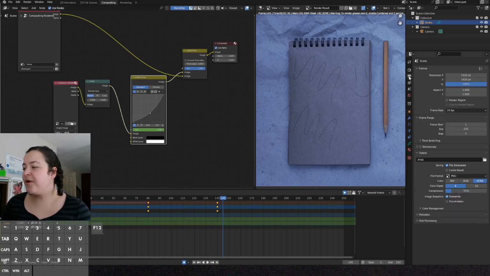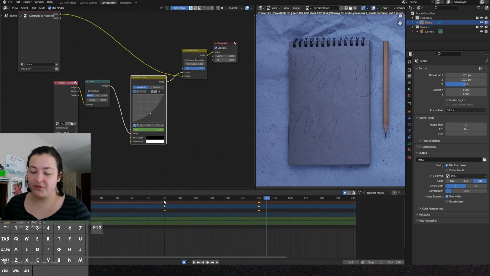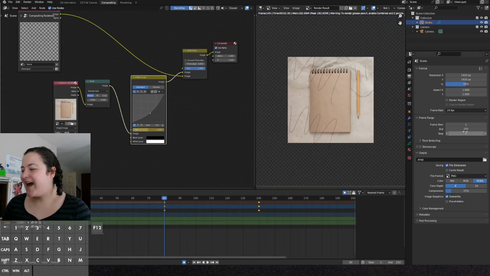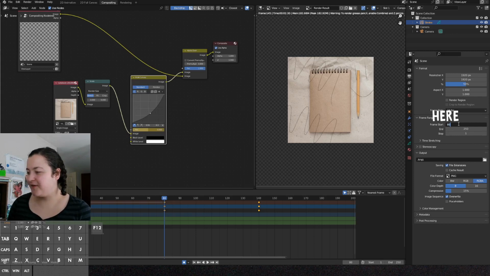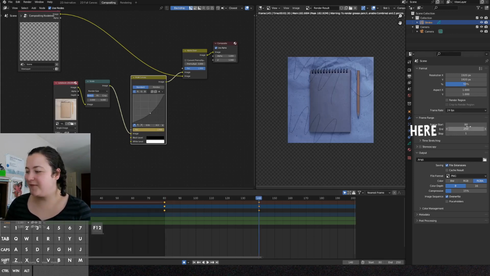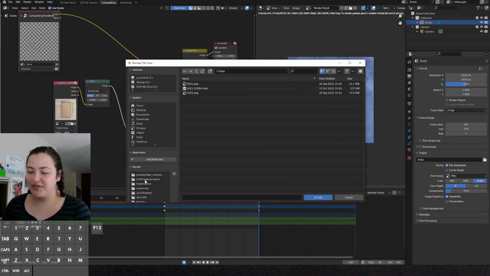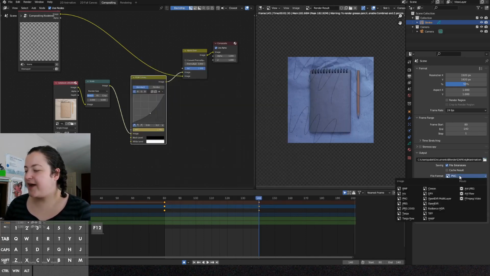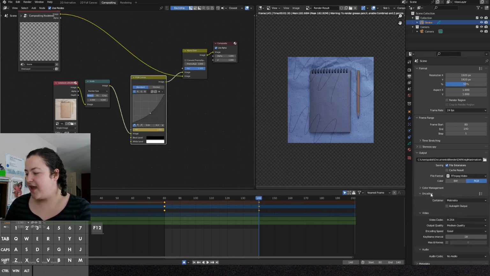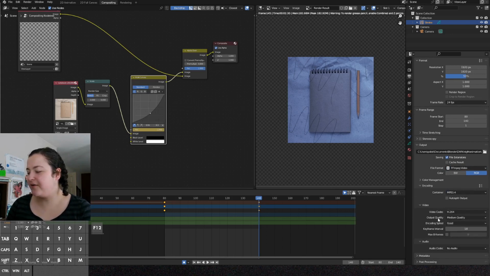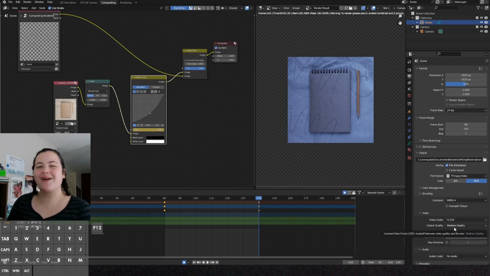So for this, I want to go to the output properties. I will change the resolution percentage to 50%. Also, in the interest of rendering it more quickly, I want to change the frame start to frame 80, and I want to end the animation at frame 140, and I will change the output folder to one that I create just for this video. And for the file format, I do personally like using FFmpeg video, and change the container to MP4 in the encoding dropdown. Everything else looks good. I'm not going to modify any of the other